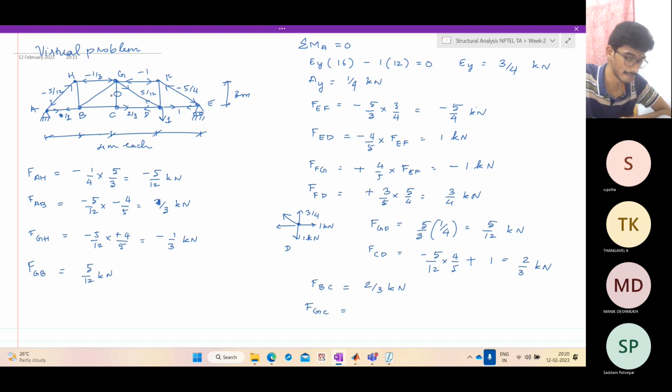Should be equal to this, otherwise it will not be in equilibrium. Just a minute. FAH is equal to minus